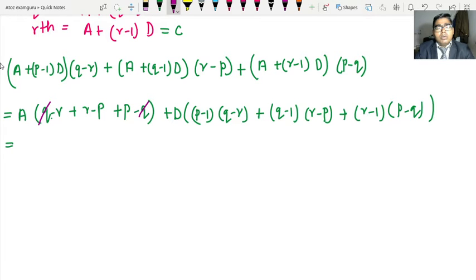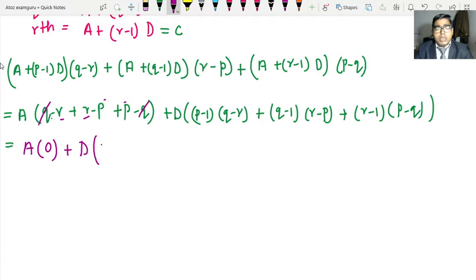Both will be cancelled out. Similarly, this R and this R will cancel out. Similarly, this P and this will be cancelled out. It means A bracket with 0. Similarly, for D, if you try to solve it, you will get